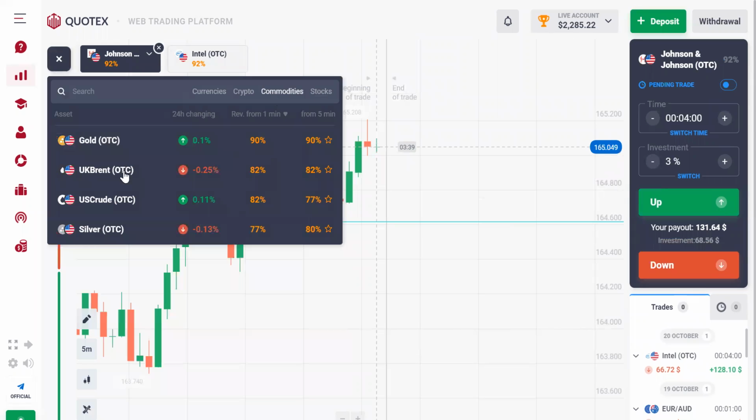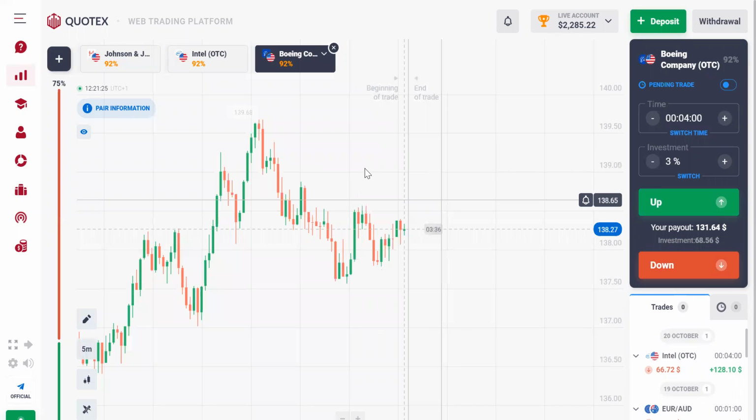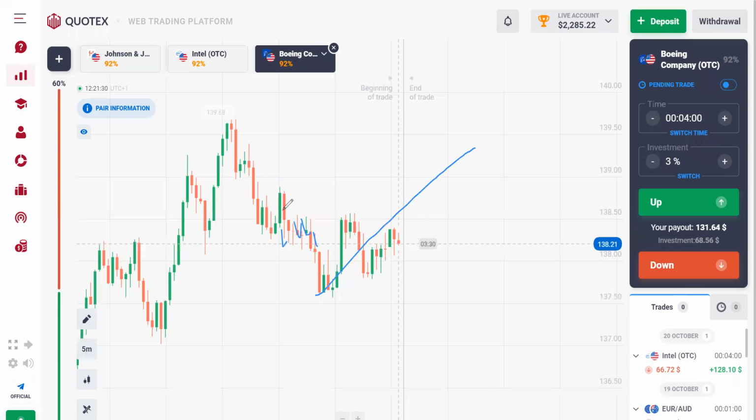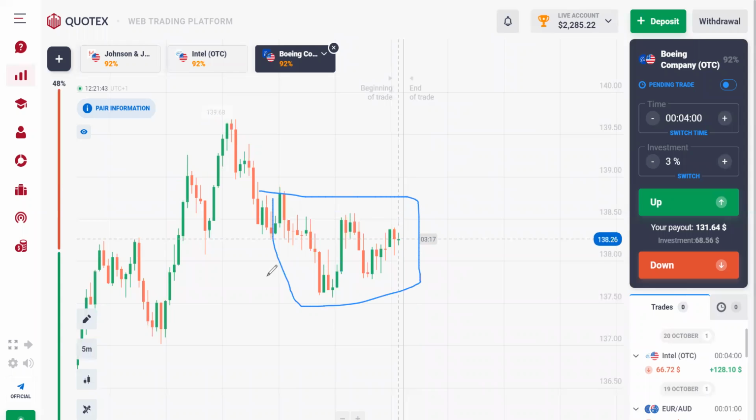For instance, I think this Boeing is very rough. Now look at this, you can see an example of a bad market. You're seeing too many wicks and there's no clear trend. It's just ranging between here and here. It's neither going up nor coming down. Here it was good. Here it was good. But after this period, it started consolidating. All right. So this period now is a bad market condition to trade. If you trade here, you're going to have some losses. You're going to have multiple losses and you're going to get frustrated.